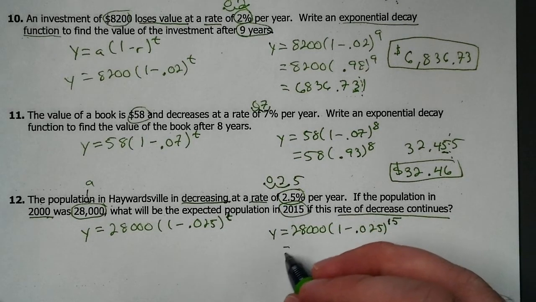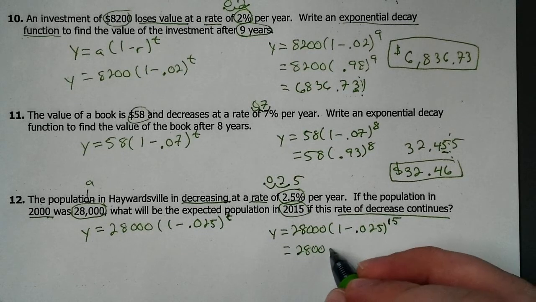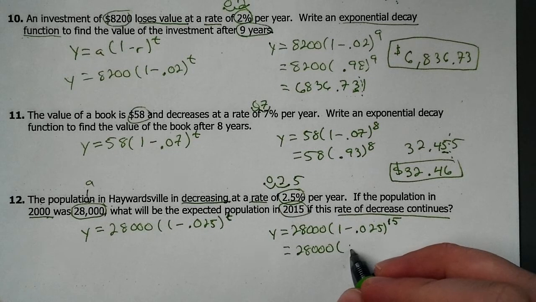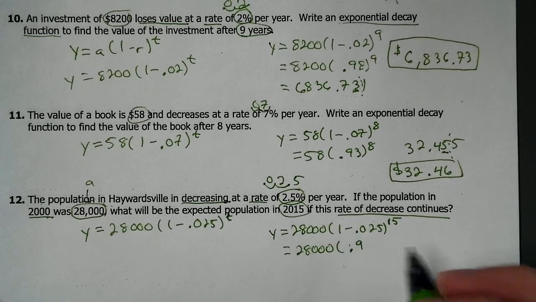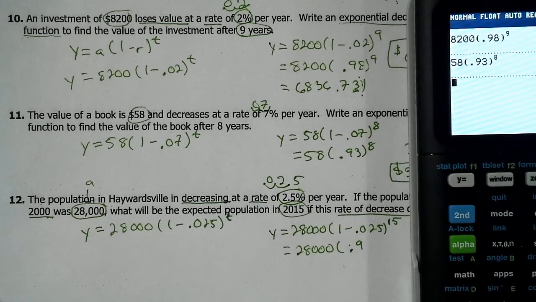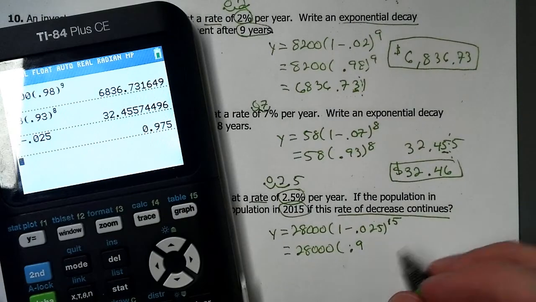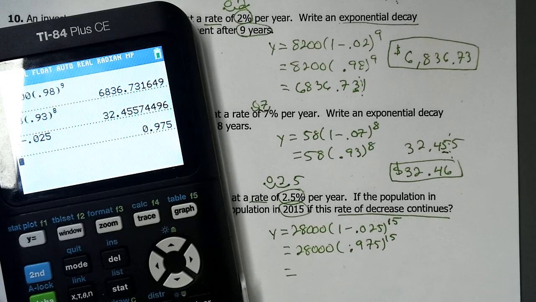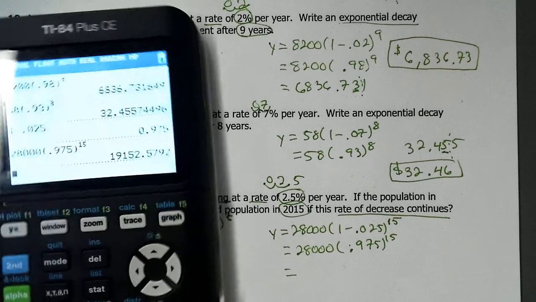Okay, subtract those values in the middle. And 1 minus 0.025 is going to be 0.975. I'm just going to subtract it real quick. Make sure I don't make a little mistake. There we go. 0.975 raised to the 15th. So 28,000 times 0.975 and raise that to the 15th. We get